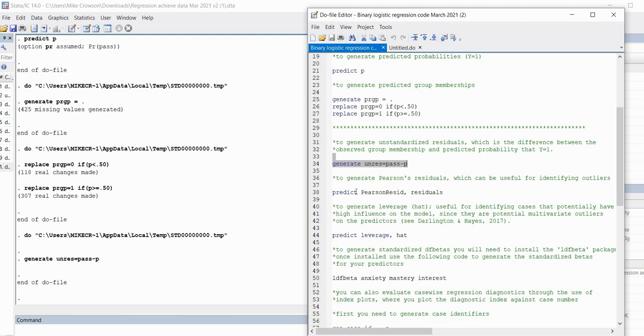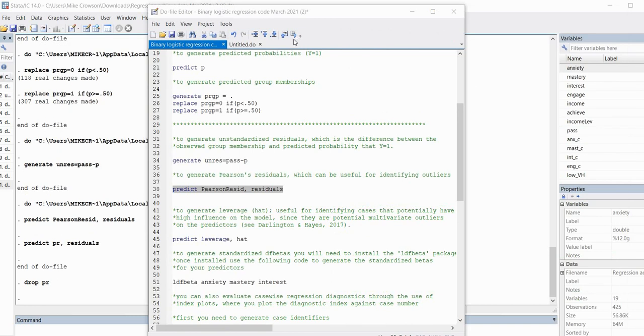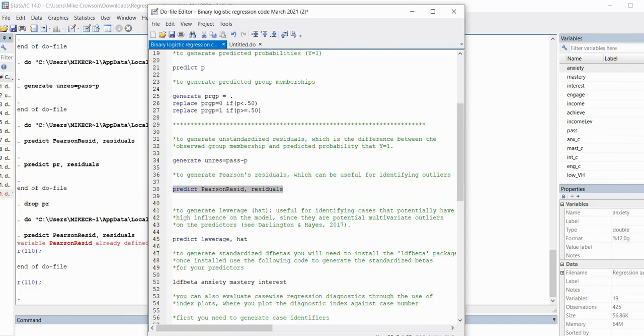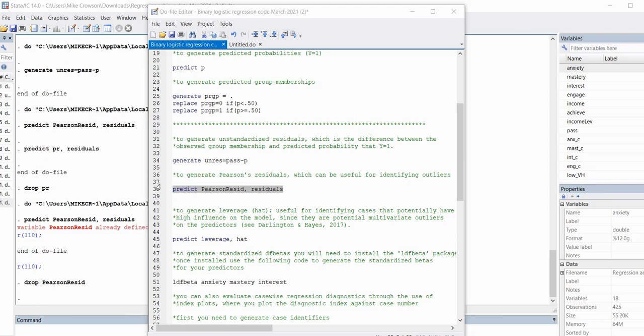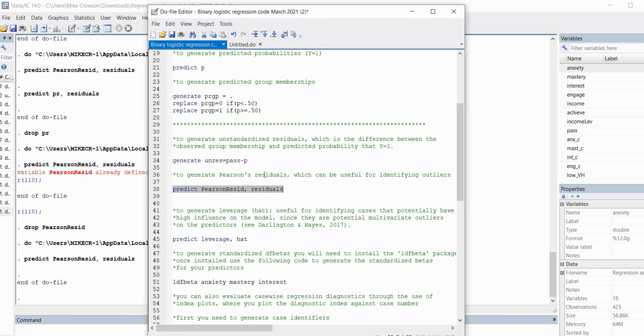So in this case, I'm going to use the predict command right here, and I'm just going to give it a name. I'm calling it Pearson resid right there. I have a comma, and then we're generating residuals right here. Okay, so there we go. Sorry, I just had a little bit of an error there, but okay, so now we've got our Pearson